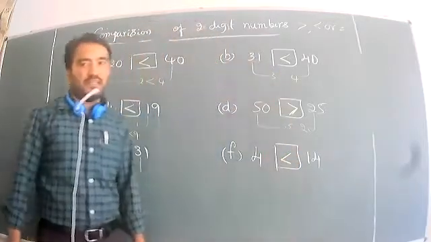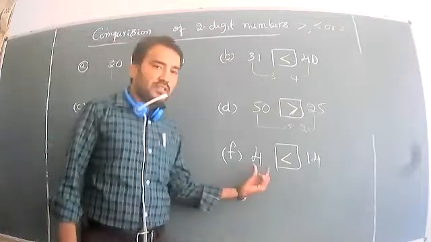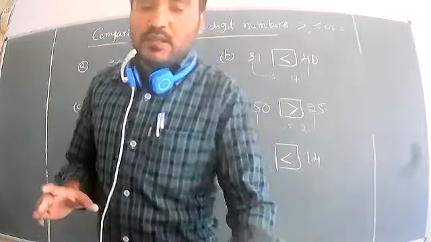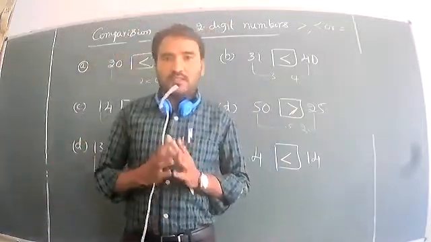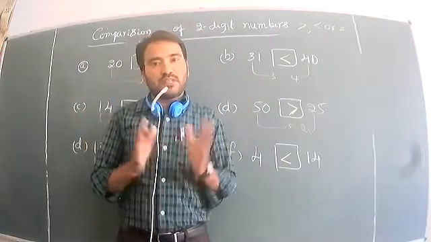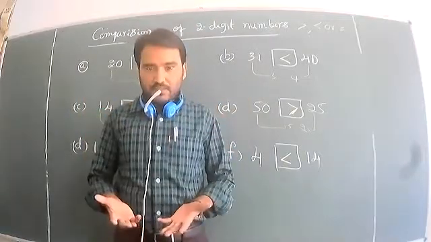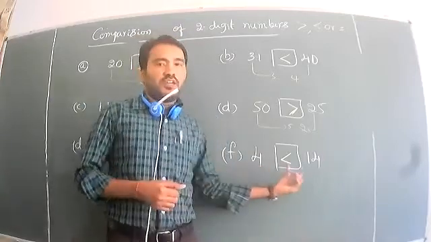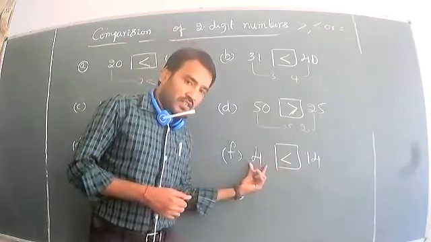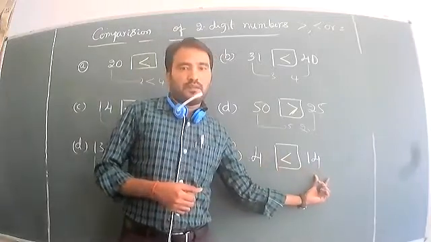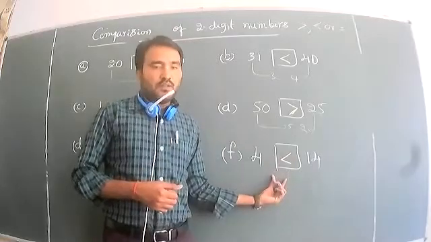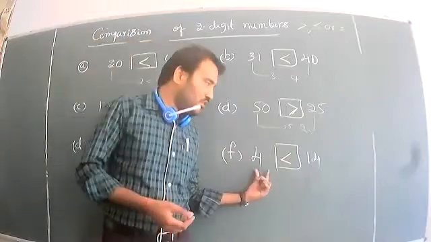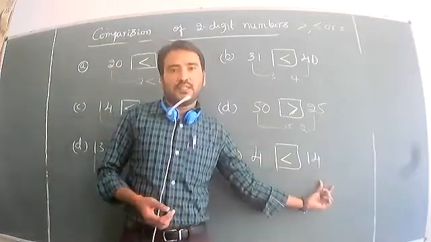Now, comparison of numbers: compare the first digit of both the numbers and see which one is greater and which one is smaller. Sometimes the first digit of both the numbers is the same, so go for the second digit. Keep this in mind. Guruji, 4 and 14 is confusing. No problem. 4 is a one digit number, 14 is a two digit number. A one digit number is always smaller, so compared to the one digit number, the two digit number is greater. So 4 is smaller, 14 is greater.